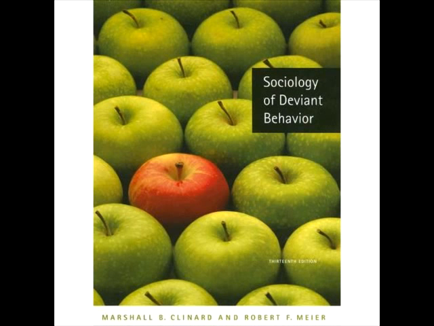Labeling theory suggests that people obtain labels from how others view their tendencies or behaviors. To go back to my previous example of a child stealing gum from Wawa, the child's mother or father may call him a thief or a criminal, so according to labeling theory, the child would then tend to lean towards behaviors that would make this label true. The child would essentially become a thief or a criminal simply due to having been labeled as such. Labeling theory is seen as a self-fulfilling prophecy because of this. The deviant offender, whether a small child or young adult, will grow to become whatever they have been labeled as.